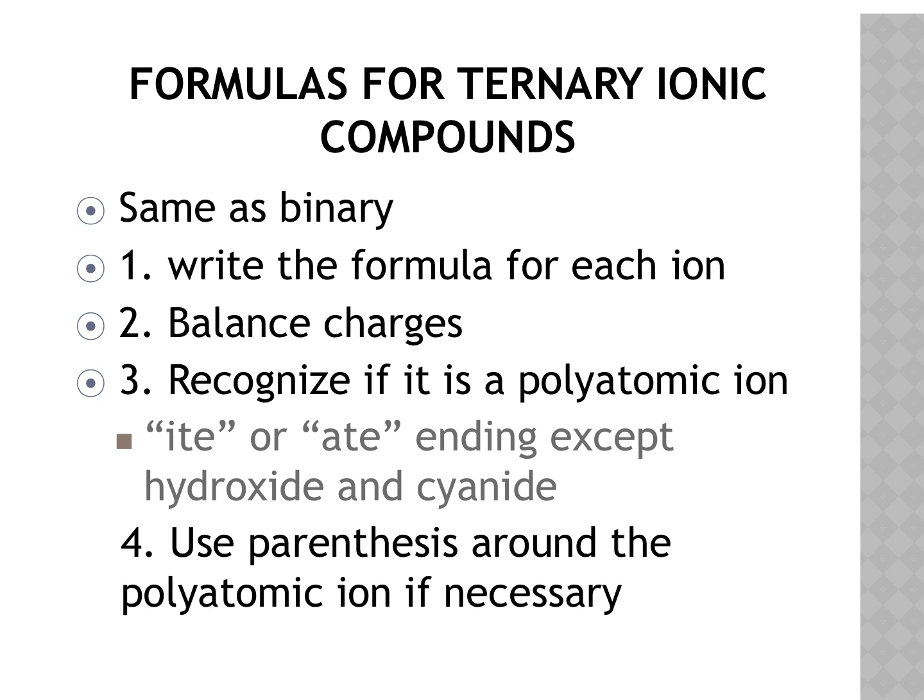So it's pretty much the same procedure as the binary ionic compounds we learned about on Monday. So we still just write the formula and charge for each ion. And then we still balance the charges, okay, doing the crisscross rule. And then all we have to do is recognize if there's a polyatomic ion present. And how we're going to do that is how the name ends. Okay. So if you see the ending ite or ate,